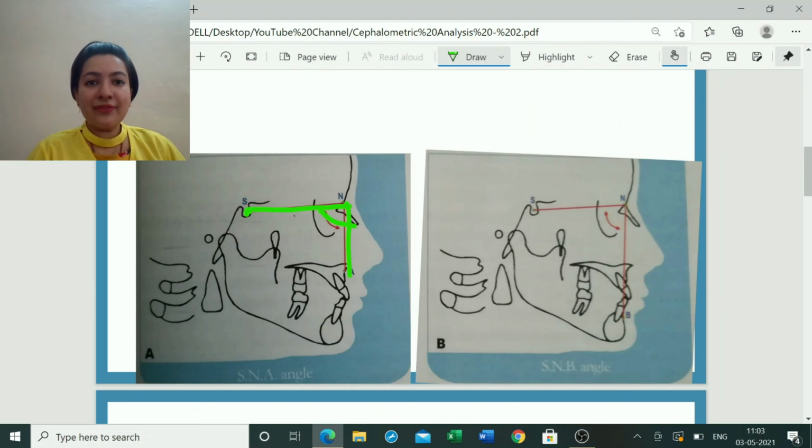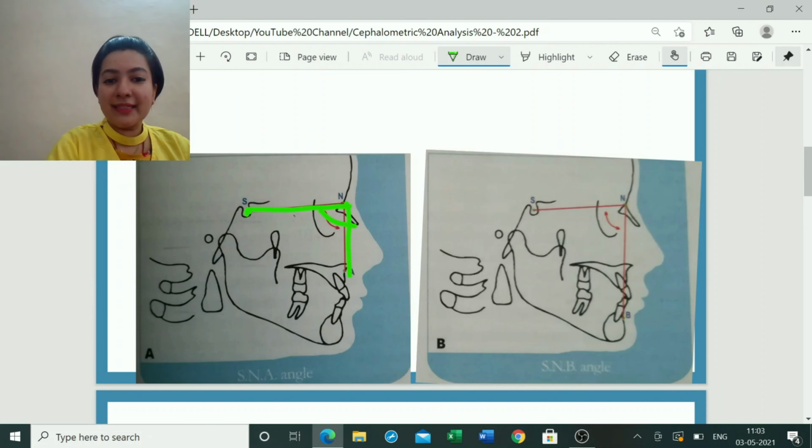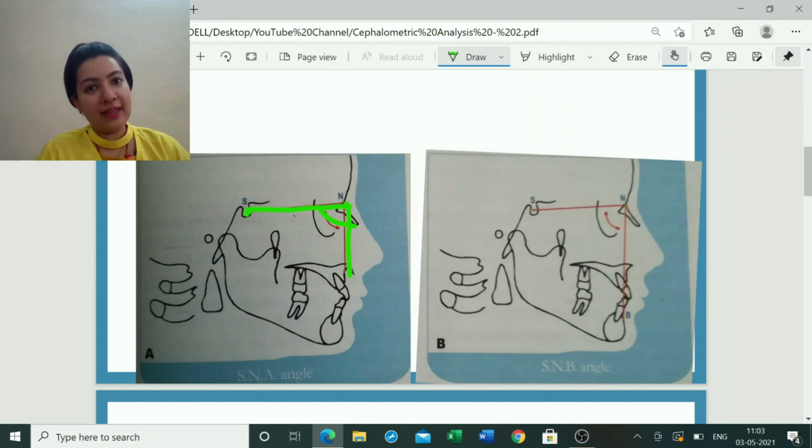Right, so we have seen all the horizontal planes in the very first basic session, where we saw that the first horizontal plane is your SN plane, which is known as the anterior cranial base. Next was your Frankfurt horizontal plane, which joins orbitale and porion. The next thing which we saw was the palatal plane, occlusal plane, and the mandibular plane. Then NA was one plane which we saw in the vertical lines. Okay, so when two planes intersect each other, we get an angle. So when the SN line is intersecting with NA, the inside inferior angle which we get is your SNA angle.